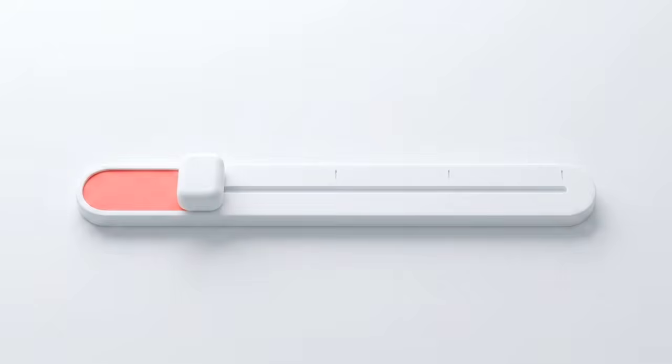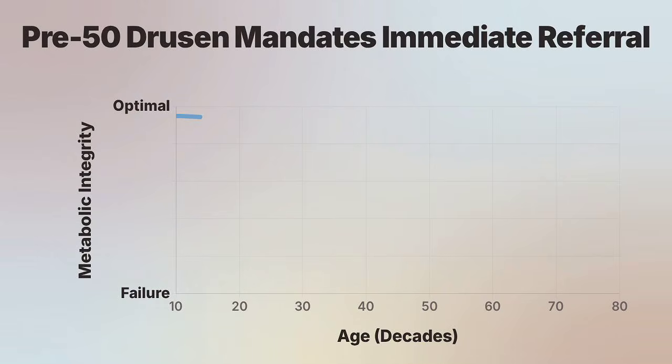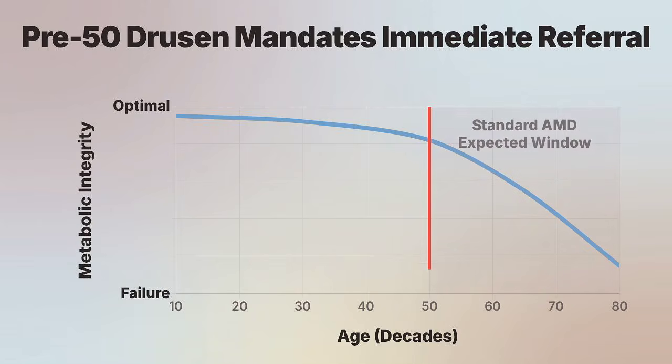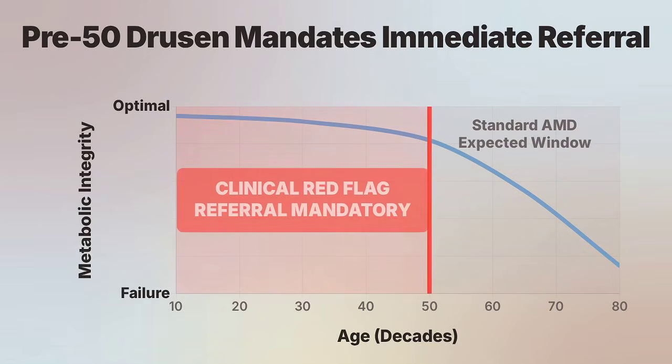Clinicians must first filter their observations through a critical demographic anchor, age. True age-related macular degeneration is defined by cumulative metabolic failure over decades. Because this process is time-dependent, drusen-like signs in a patient under 50 indicate a non-age-related phenotype that requires immediate specialist